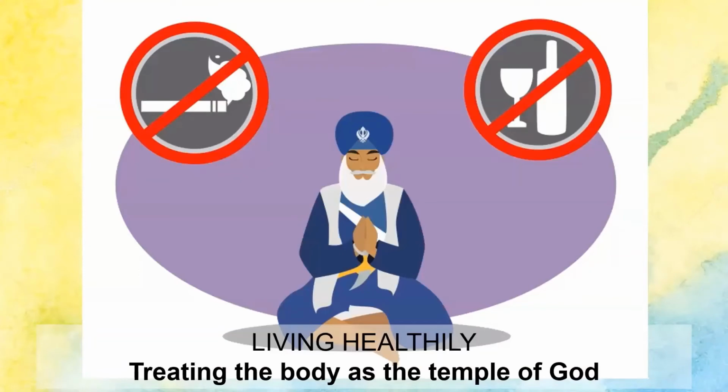Next would be that we do not do tamaku vartana, i.e. tobacco, and that includes all drugs and alcohol. As a Sikh, because Vaheguruji is Karta Purkh, a Sikh does not smoke, a Sikh does not drink alcohol, a Sikh does not even go and sit near these things. Tamaku wale de hatho khana, to eat even food from somebody who smokes tobacco, is considered a grave sin in Sikhi. Why? Because these things destroy lives. These things destroy people's health. These things destroy societies.